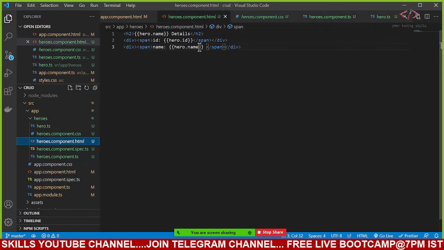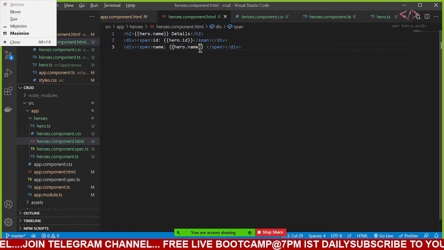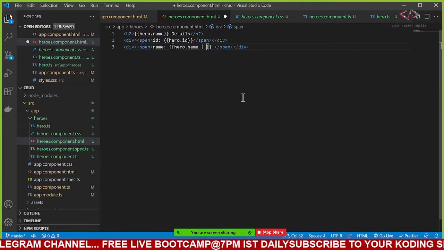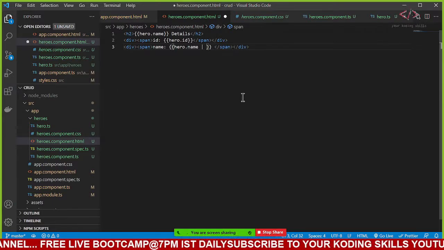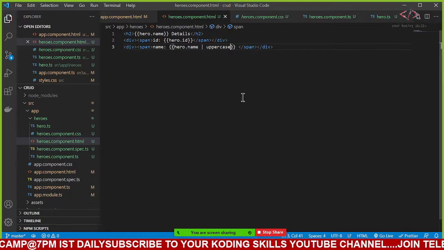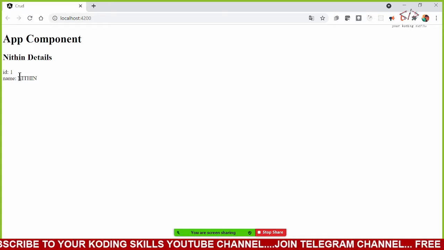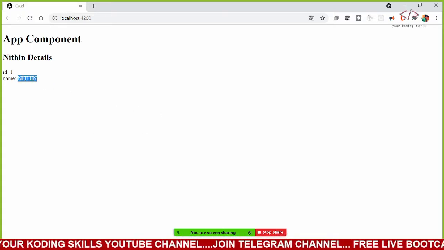So for that, in the interpolation I will use something called a pipe, and here in the pipe I will say toUpperCase, all small letters. And if I do this, see, everything is changed into capital letters.